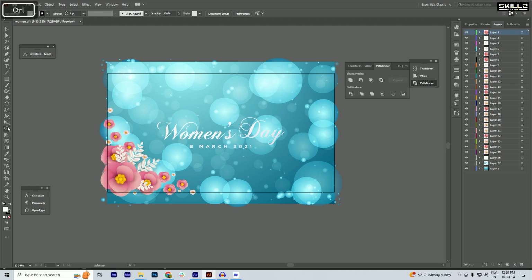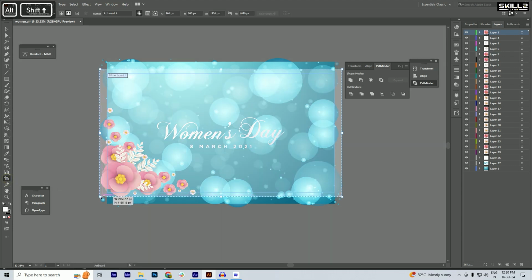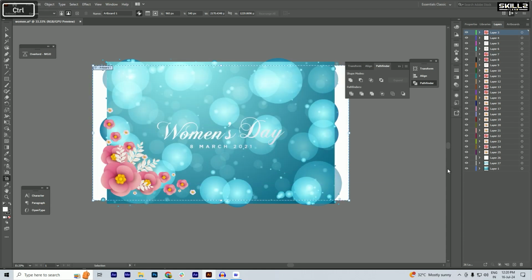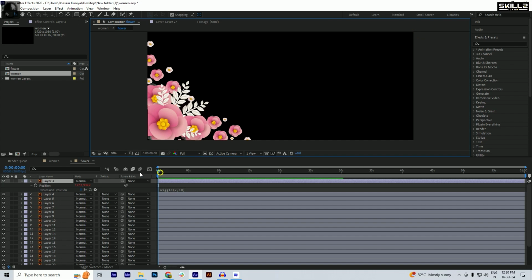I am going to the artboard tool and just scaling it this much, and saving it here. Okay, now I'm going to close my Illustrator file. Let's see. Yeah, now you can see here